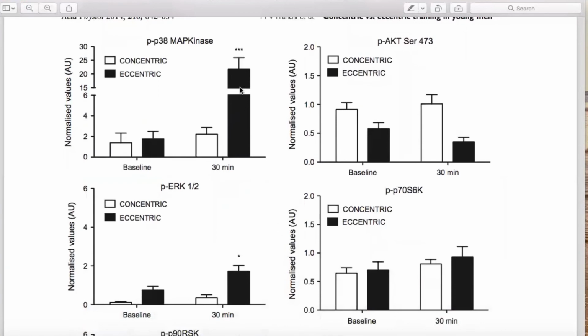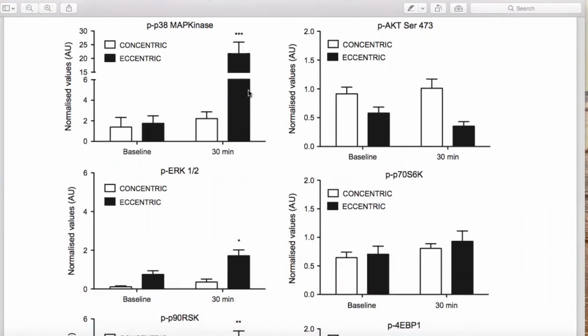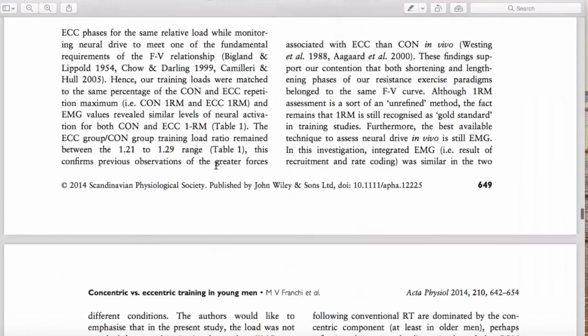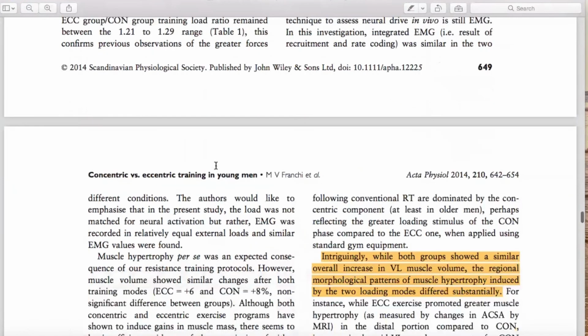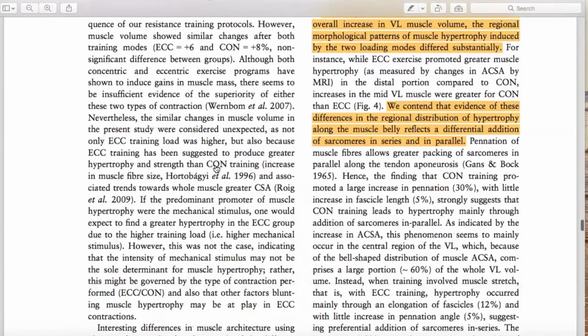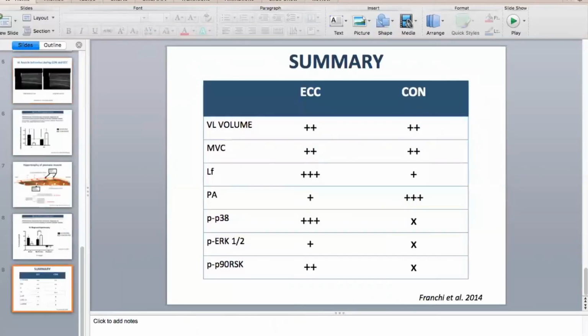I found P38 MAP kinase to be 20, if I remember, it was 23 fold more phosphorylated after 30 minutes of eccentric exercise, and you can see in concentric there is almost no response, as other proteins of the family were involved. So basically, as a conclusion of the study, we could conclude that